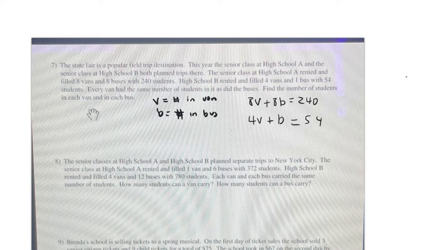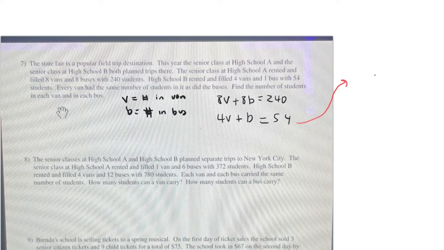Now, we want to know the number of students in each van and each bus. In other words, solve for V, solve for B. In this case, my student and I have been using something called elimination to solve systems of equations so far, but this is the first time where I'm seeing that the substitution method might be a little better. The reason is because this B is by itself, and that means we could immediately solve for that B right now. We can say B is equal to 54 minus 4V,